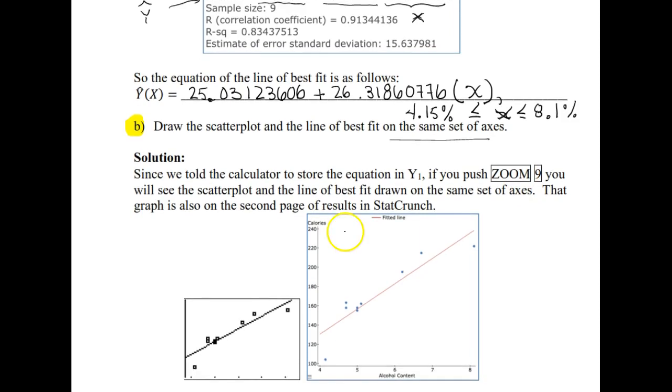Whether we're looking at that in StatCrunch or on our calculator, we will see that in both cases we have this line of best fit, which we're going to discuss what qualifies it as the best fitting line in a second. But you'll notice that there are a bunch of these points it doesn't even pass through. This line of best fit doesn't even appear to touch any of the points in the data set at all. But of all the lines possible, using this criteria we're going to get into, this is what we consider the best fitting line for these 9 data points.